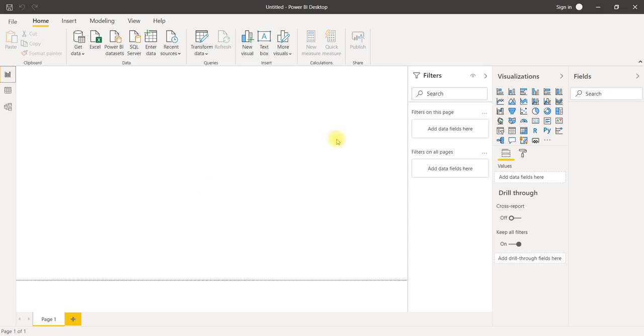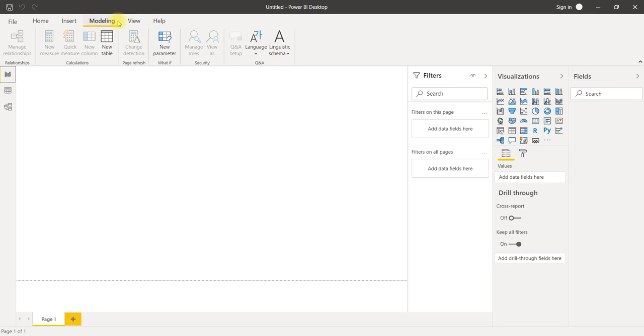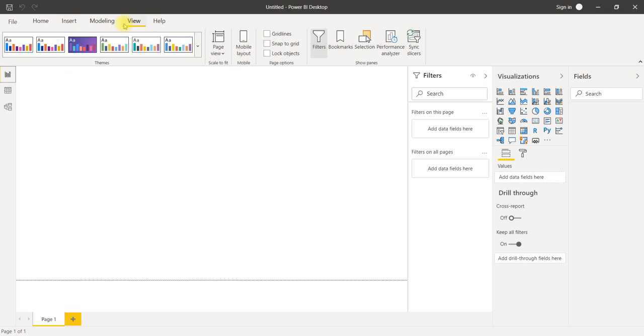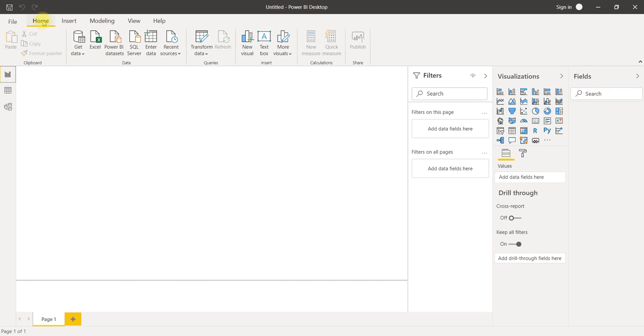Once you have created all the things, we'll go to see what things are available. We can connect data here, and these are the different connectivity options we have. We'll discuss in detail the different menu options and the different tools available under each menu option. And then it comes here, this is nothing but your report area.